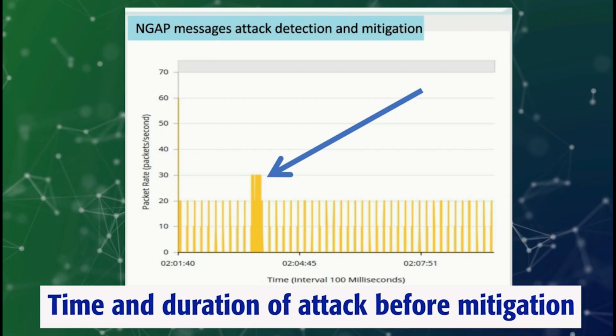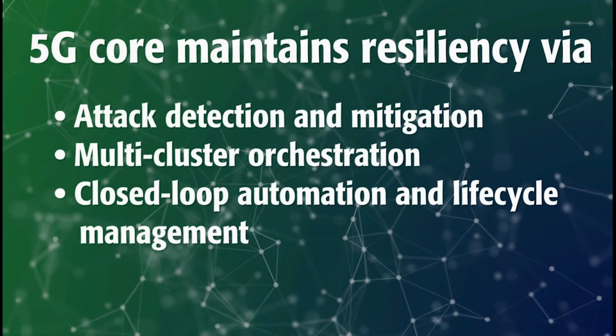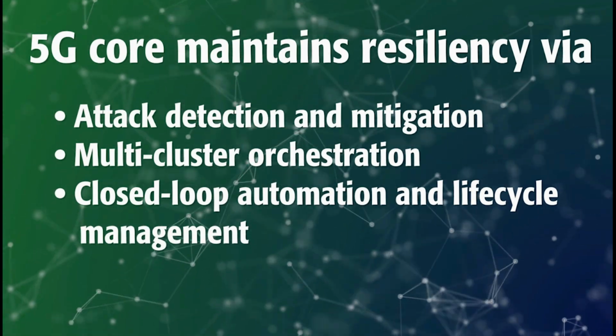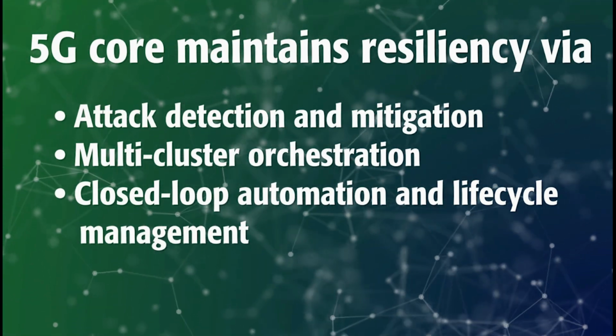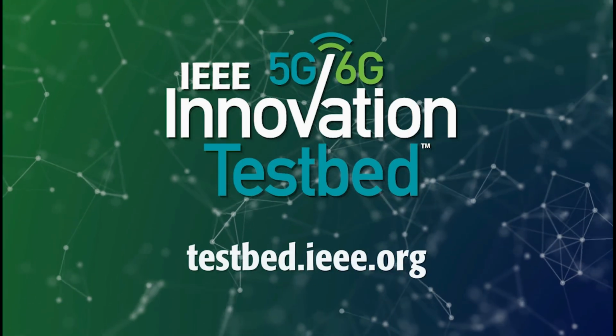And as soon as the attack was shut down, AMCOP also recognized that the threat was gone, that traffic was back to normal, and it could scale down the network so that we weren't overusing resources or wasting money. And so this is a very nice demonstration of not just attack detection and mitigation, but also multi-cluster orchestration, closed-loop